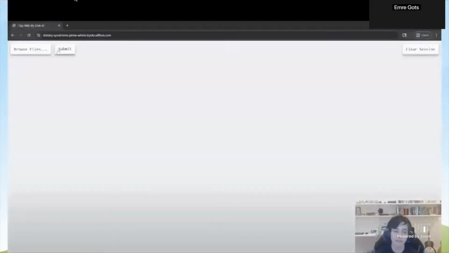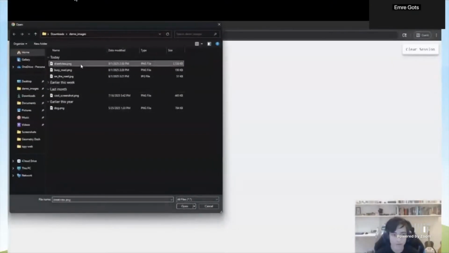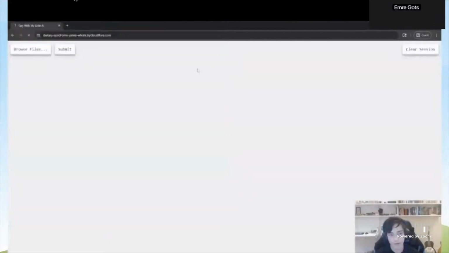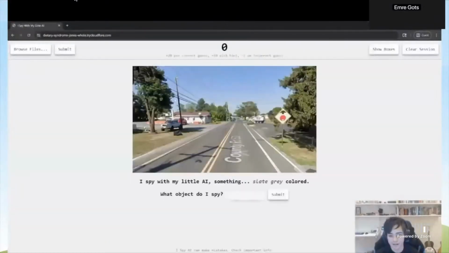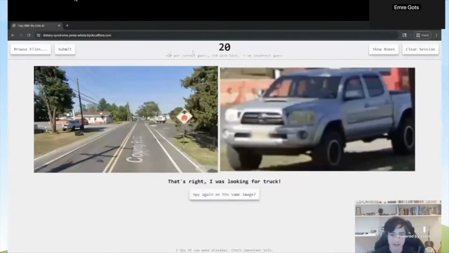Thanks, Future Me. So I'm going to use this image that we just pulled off of Street View. And you can see that it's uploaded here, and it tells us that it spies with its little AI something slate gray colored, and that's the actual RGB in that text that it sees. So I'm going to guess that's a car, probably. Let's see. Yes! And you can see I just got 20 points from that